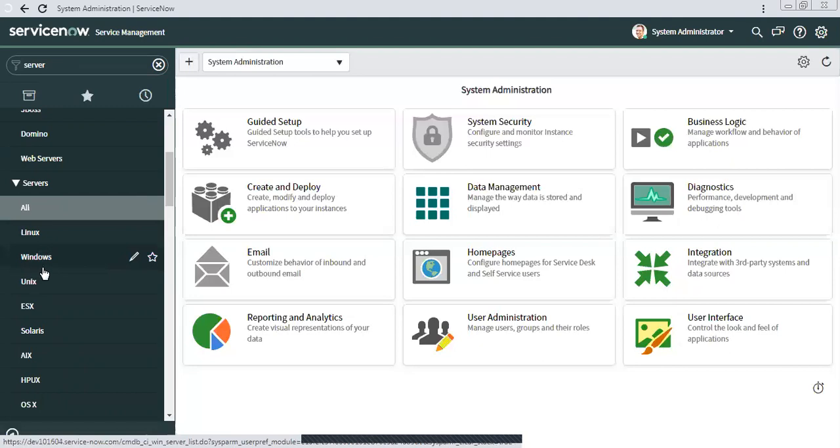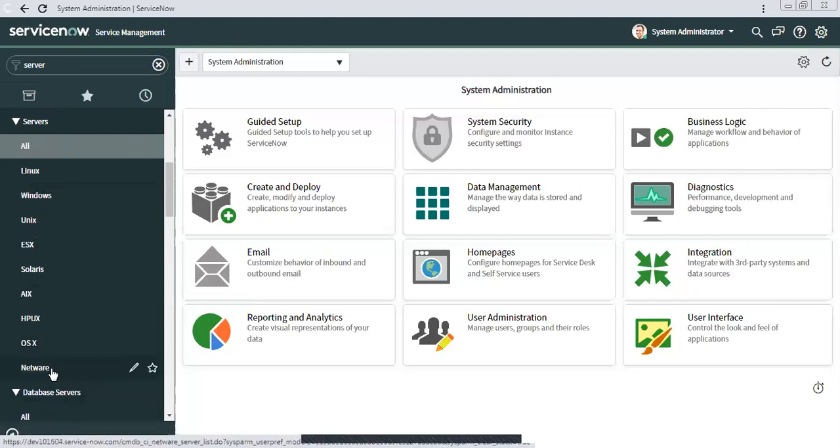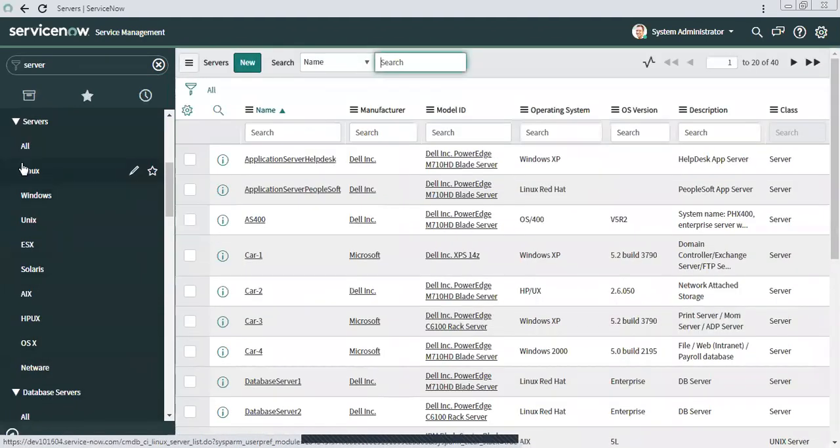That is CMDB Linux, CMDB Windows Server, Unix, ESX, Solaris, AIX, HP, OSX, NetWare. All these servers are children of this CMDB server table. So if we open this, all the servers in these child classes will be available in the parent class, right?